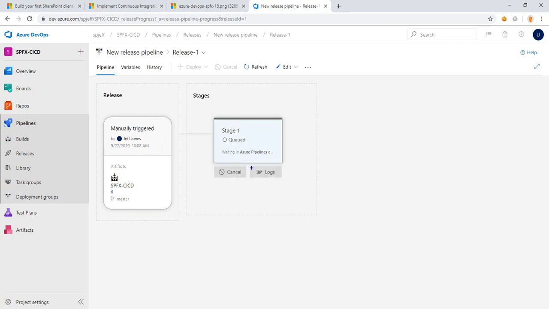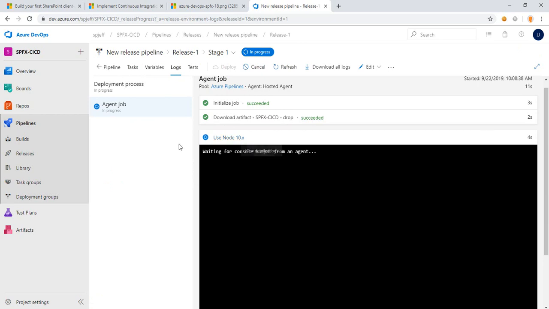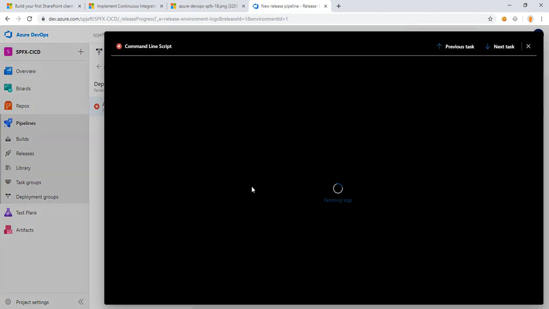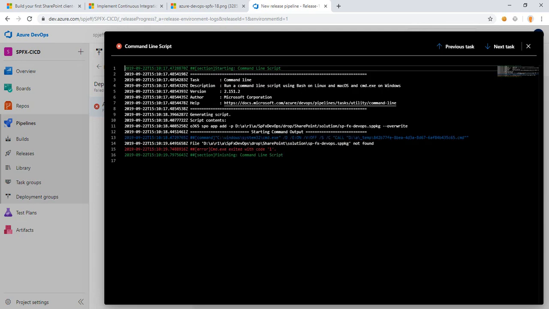When you hover on the stage, it does show you a cancel or viewing detailed log. And after a moment, it switches to in progress, and it shows you 1 task out of 5 with how many seconds it's running. Now we see task number 3 out of 5 using node 10. We'll click on the word in progress, and it opens up a little bit more of a detailed screen. So we've got initialize, download the build artifact, and then create an instance of node 10. All right, and here we see that it failed at command line, the second one. Exit code 1,